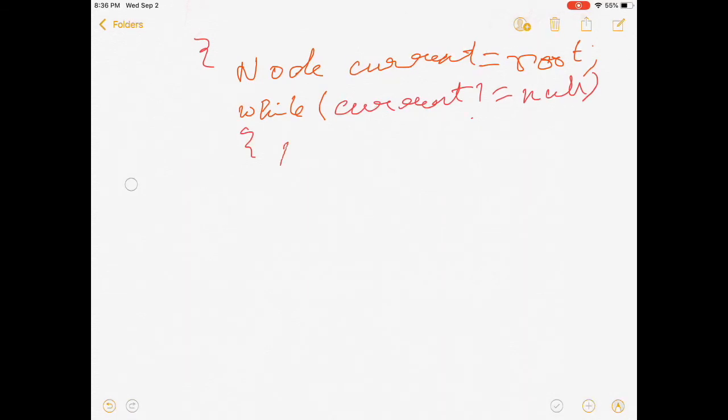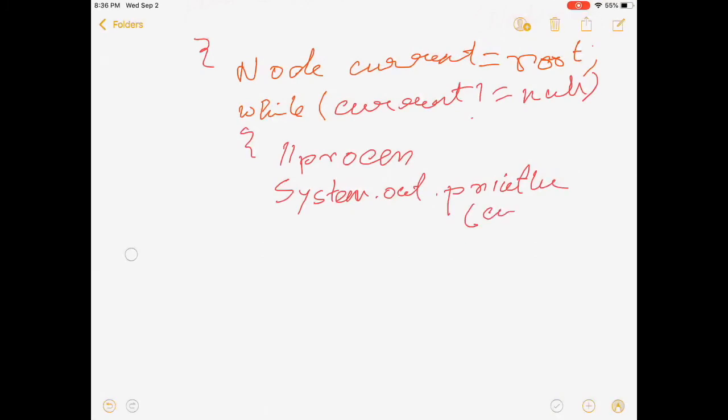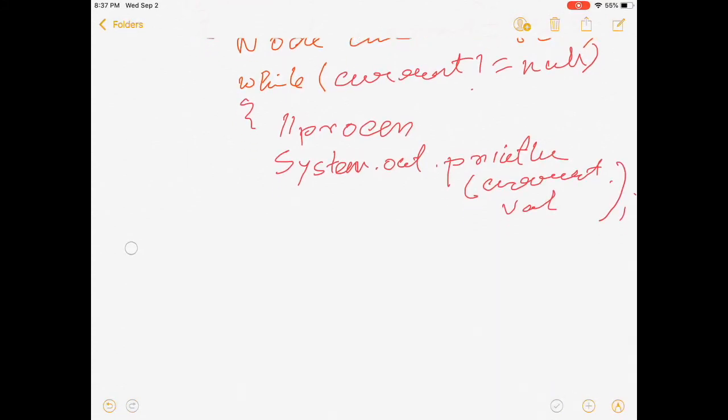So we process, and then we move on to the right. So current becomes current dot